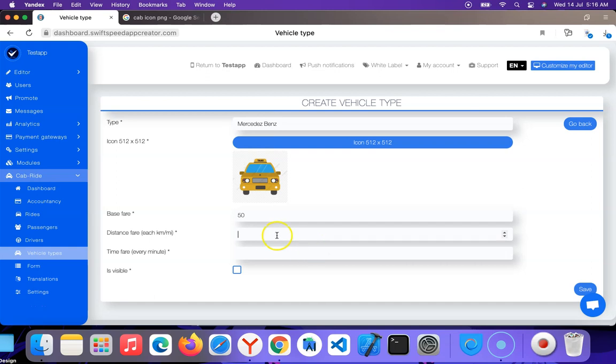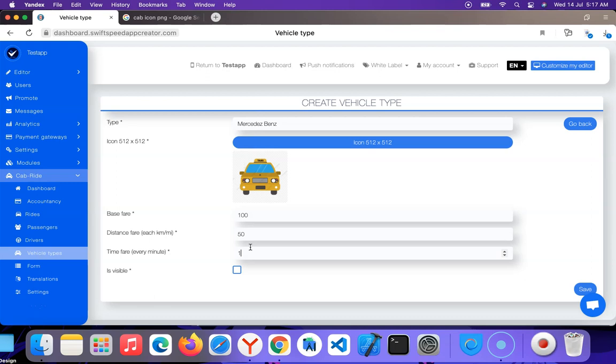That means if you select $50 for, let's say, 50 kilometers, then the system will automatically do the math and calculate the total base fare, or the total amount of money that the passenger has accrued, and then show them their bill so they pay. So if I set it up like this, then that means I want to collect $100 for every 50 kilometers ride, or